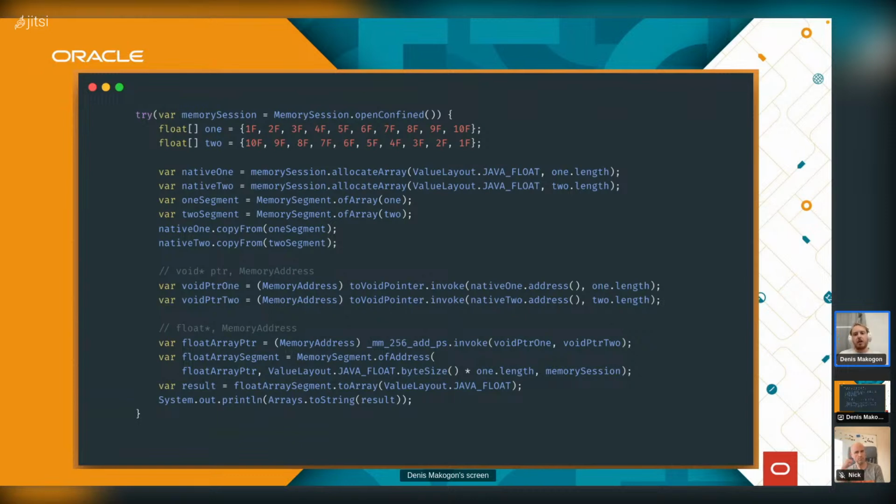And now there's a question. Okay, we're having Panama and Jextract releasing in less than a week. How can we start working with C++ code? Because that would be the question just a minute after the release. And now we're looking for a way to identify the potential solutions to that. And we have tried multiple ones, but found that